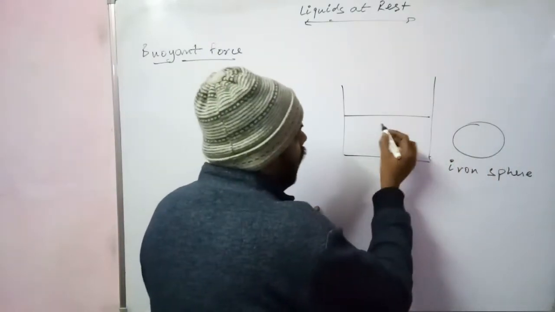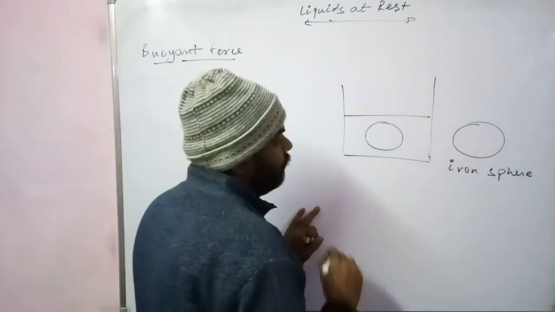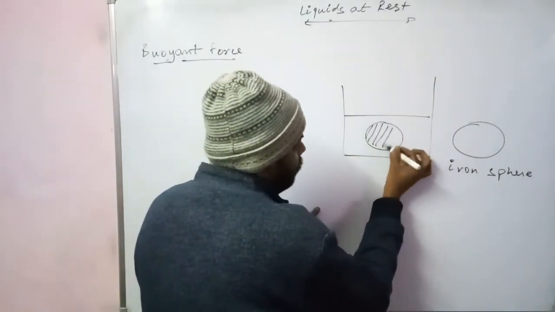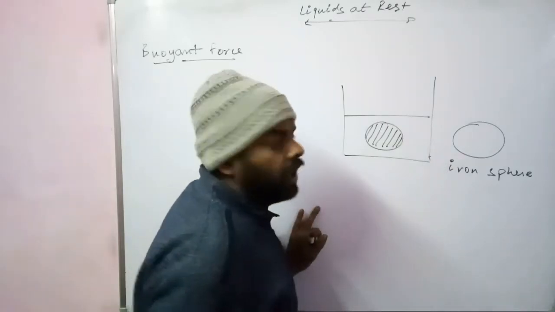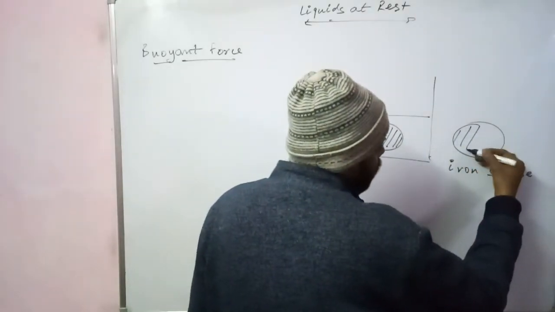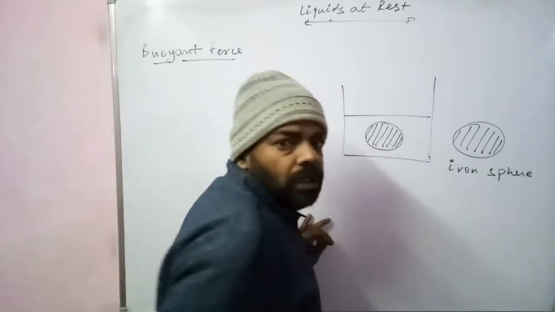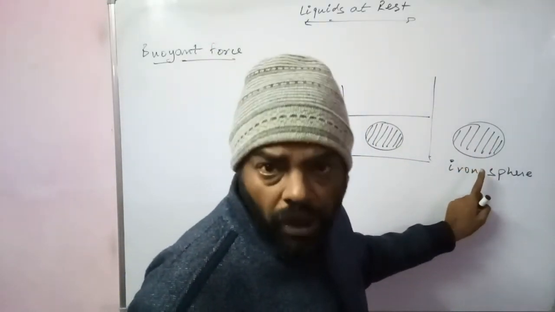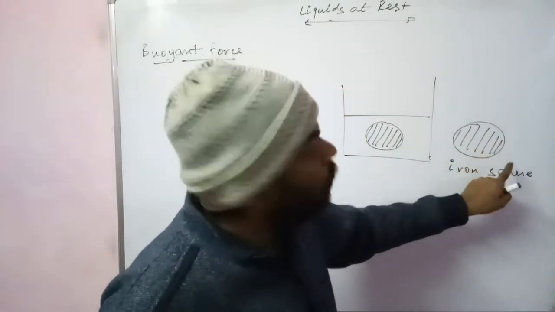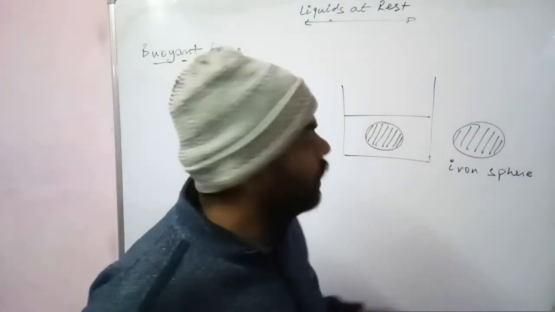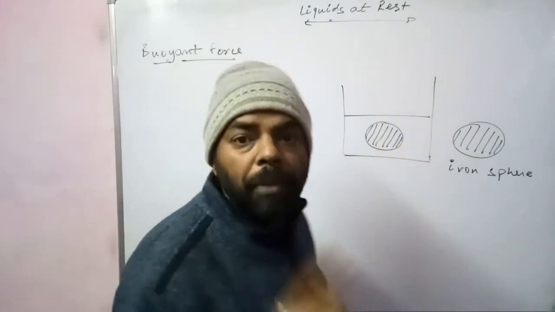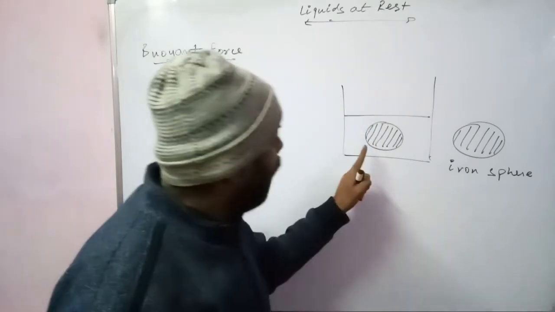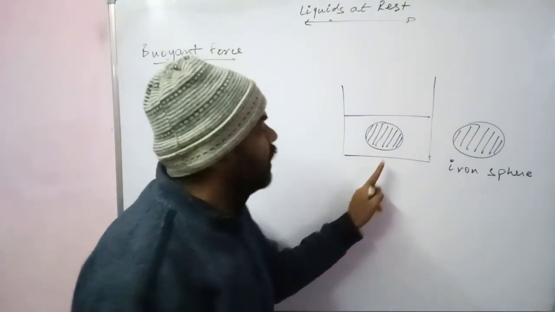आयरन स्फीयर को अगर हमने लिक्विड के अंदर इमर्स किया, देन व्हाट विल हैपन? देखिए, ये जो शेडेड पोर्शन है, ये जो शेडेड पोर्शन है और ये जो शेडेड पोर्शन है, यहां पर मैं बोल रहा हूं द शेडेड पोर्शन इज सिंपली द वॉल्यूम ऑफ द आयरन स्फीयर। ओके, अब बेटा जब इस आयरन स्फीयर को इस लिक्विड के अंदर इमर्स किया जाता है तो ये आयरन स्फीयर अपने वॉल्यूम के इक्वल वॉल्यूम को डिस्प्लेस करेगा।